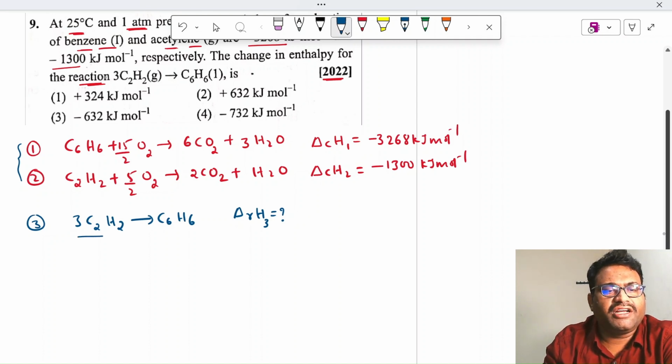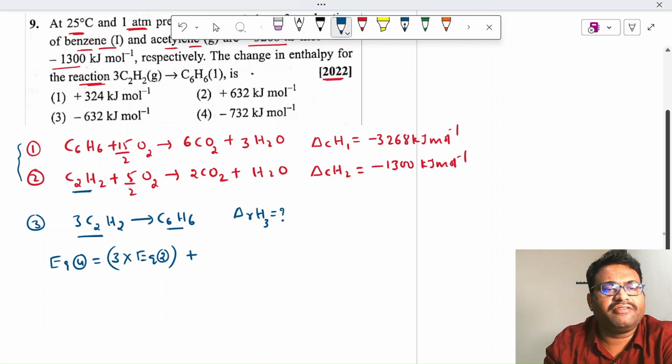In the required equation, C2H2 is present on the left side. In the given, C2H2 is also present on the left side. But in the required, there are 3 moles, whereas here there is only 1 mole. So equation 4 can be obtained by multiplying equation 2 by 3, plus, see, in the required equation